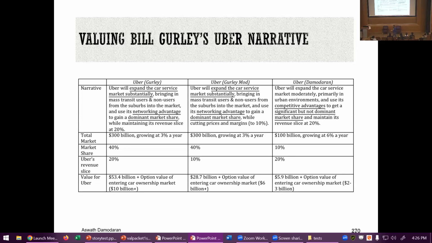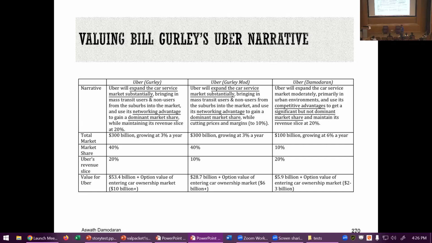I took my valuation and I took that total market of 100 billion, the car service market, and I tripled it, to include moving and delivery, a much bigger market. That's 10% market share, with local networking benefits. If his story is true, the world will be dominated by 2 or 3 ride-sharing companies, not 10. So I can give Uber a 40% market share. You change those numbers, and what you get as a value is 53 billion for the company.